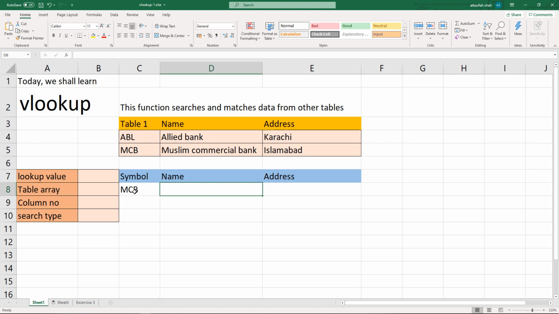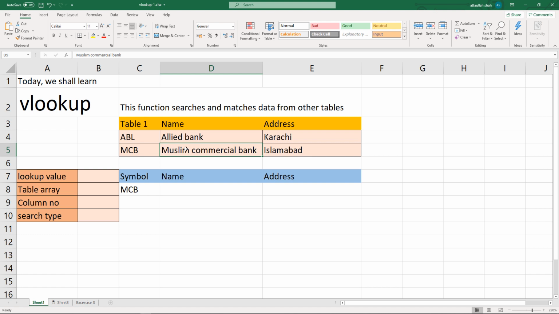It will search for this specific text in this table, and once it finds the exact match, it will retrieve data from the desired column. So let's say we want to retrieve data from column 2. So in column 2 of this table it is Muslim Commercial Bank.